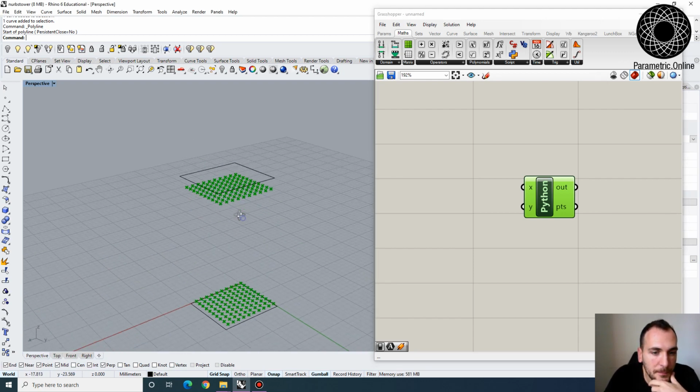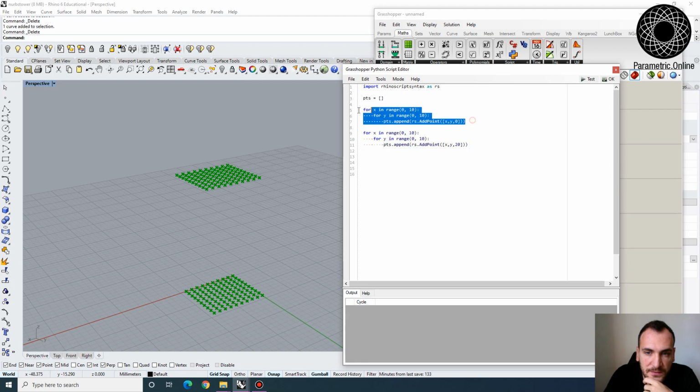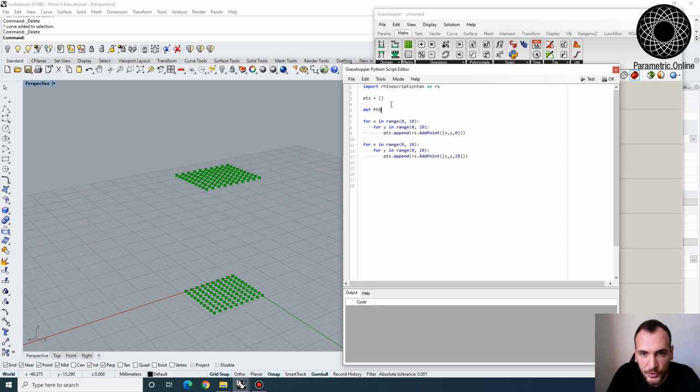So we can basically create two separated point grids, but the problem is these are contained within the same list, and we want to be able to access them individually or separately. So I want to essentially create two lists that are at two different planes, and I want to create lines between them. So you can see that this is pretty much repeating, so why not define it as a function, so that we can define point grid as a function,